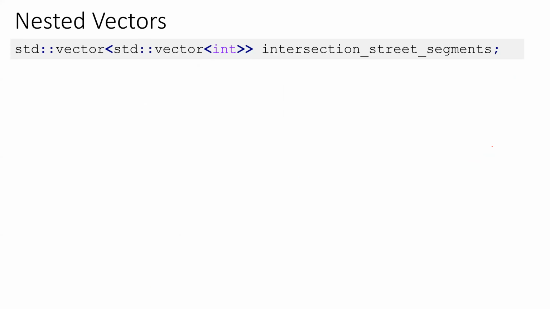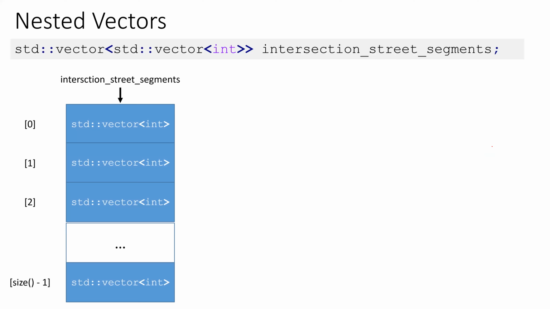We said that to make it fast enough, we're actually going to have to preload all the data. For every single intersection, we're going to preload what street segments connect to it. So we're going to make a vector of vectors, which we call intersection street segments.